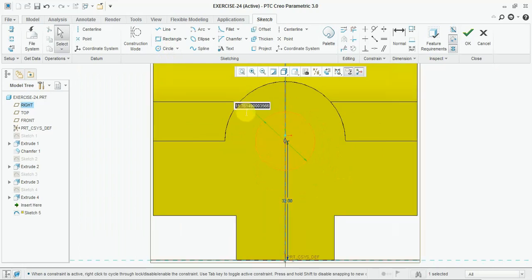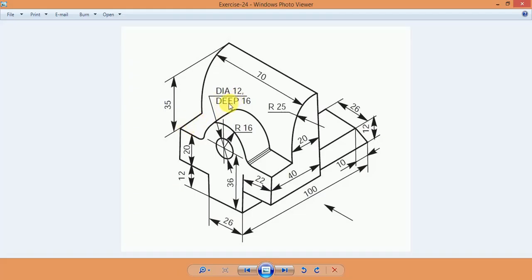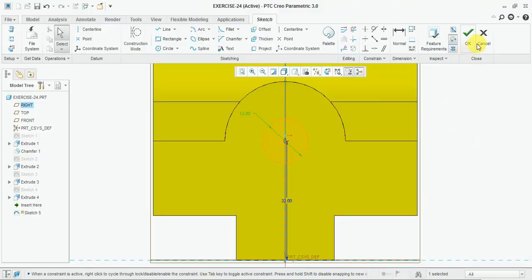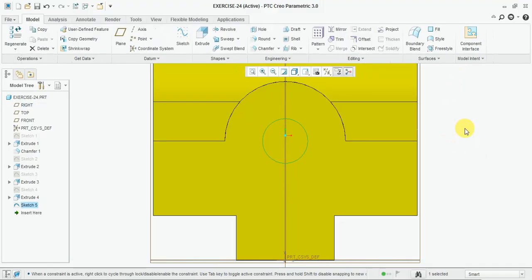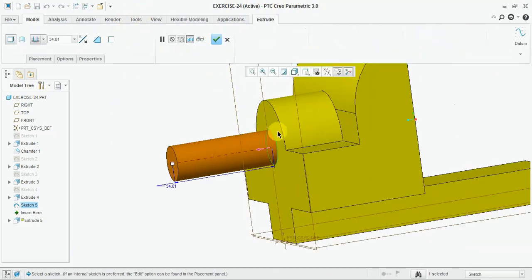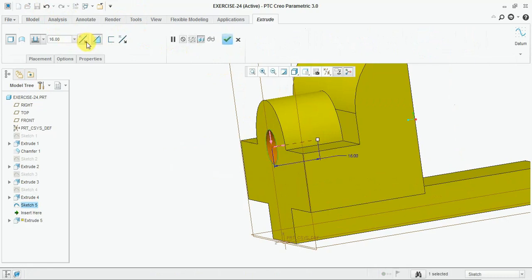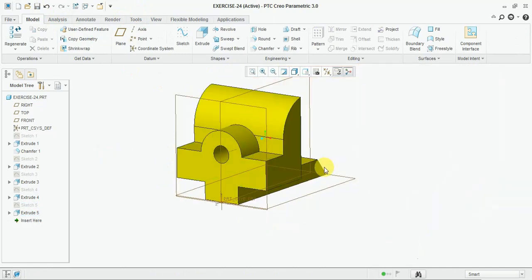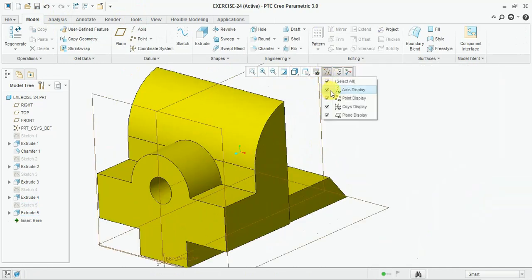Hole diameter is 12 mm. 12 mm hole diameter and depth is 60 mm. Okay, select the extrude, enter here 16 mm opposite side. Okay, now our exercise is done.